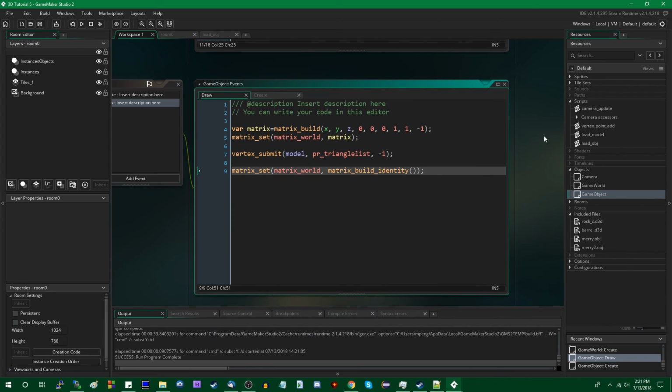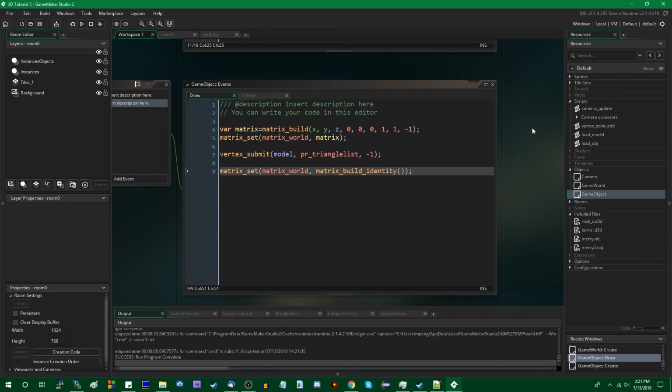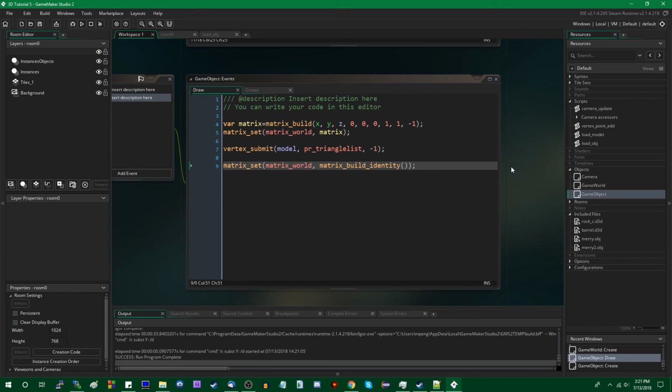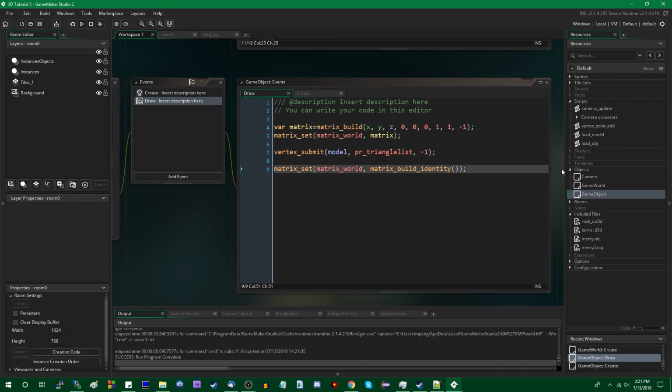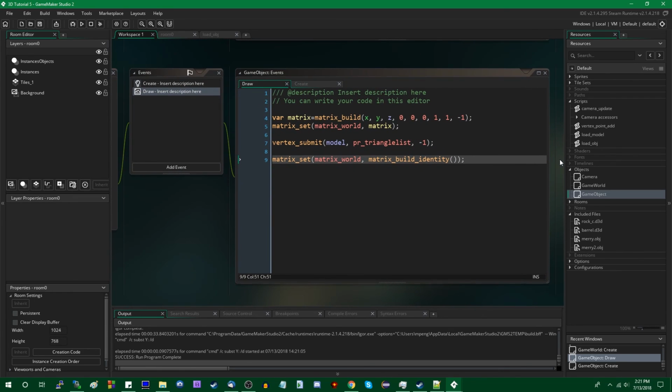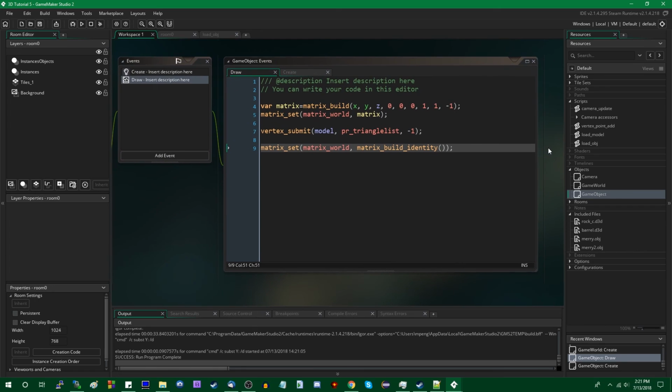So I'm going to end it off here. For now, I hope everyone who's still watching now has an understanding of how OBJ models work and how to use them in GameMaker. And I hope that makes creating your 3D games quite a bit easier because, again, Model Creator for GameMaker does leave some things to be desired.